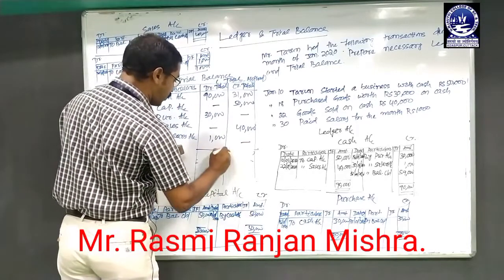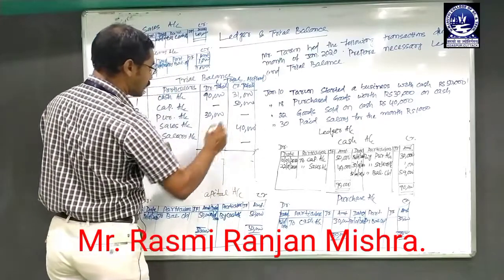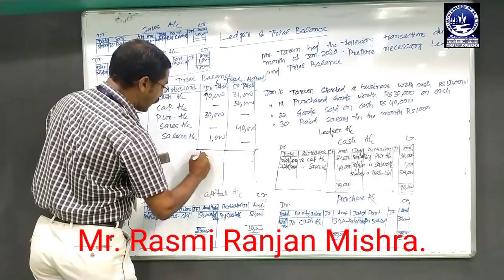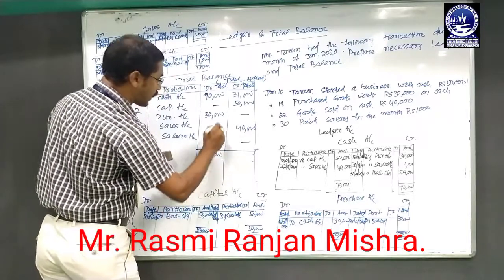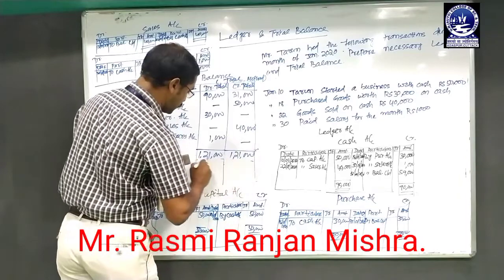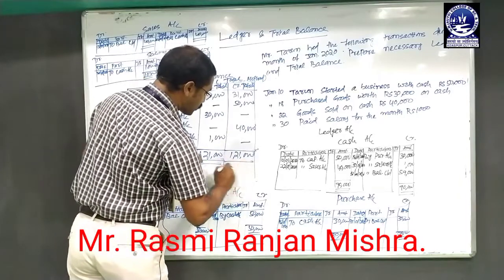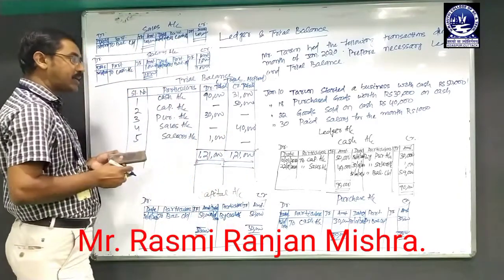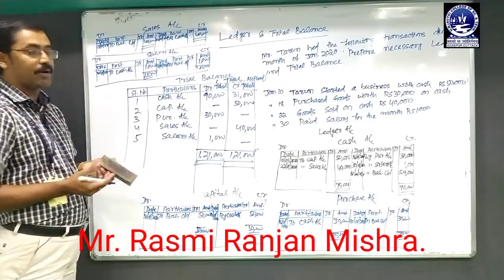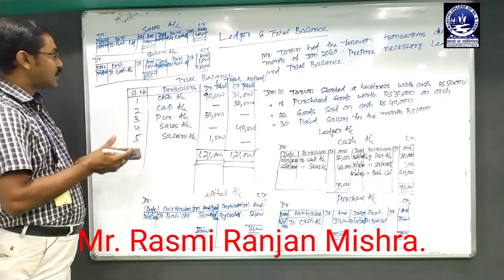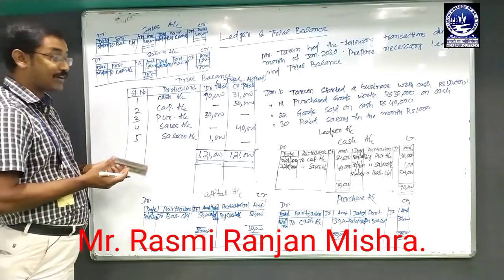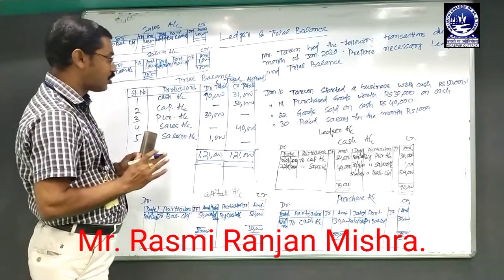Now we make the total of two, debit total as well as credit total. Here the total of a debit amount is 1,21,000 and the credit total is also 1,21,000. So this method also suggests that the total of a debit is equal to the total of a credit. So by preparing trial balance under total method, it also checks the arithmetical accuracy of the ledger account, and in every respect the ledger account is also okay.